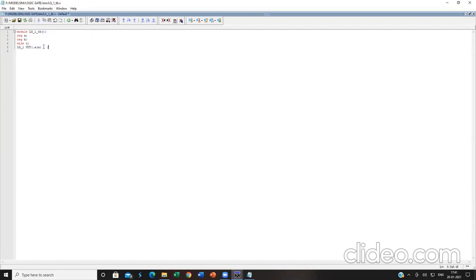Next one, dot B, parenthesis B. You are joining all the variables of the RTL file with the test bench file over here. Comma, dot C, parenthesis C. So close it, semicolon. Each will be considered as a statement. Even though it is an instantiation, that will also be considered as a statement. Now, initial. This is a keyword. Begin.